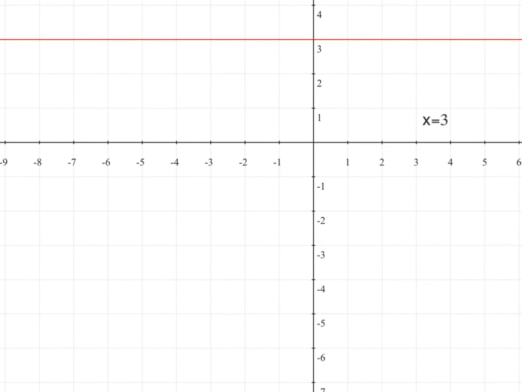And here is the last example. If the line is x equals a number, then what you do is you go